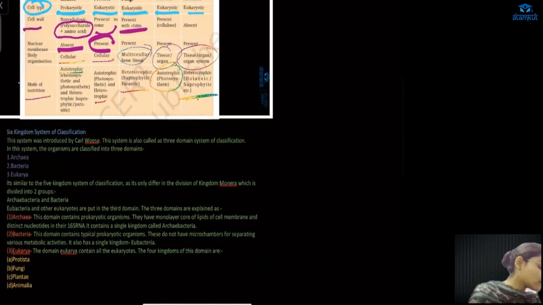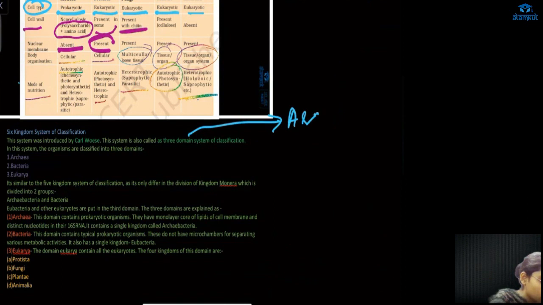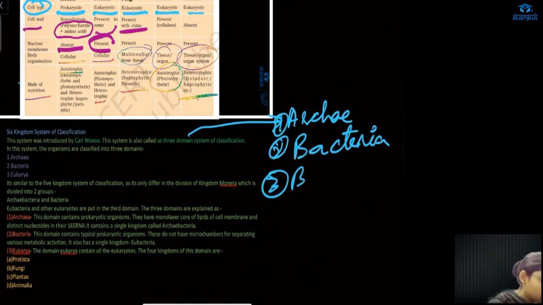Now there is one more classification system, which is usually converted into domains, 3 domains, and under these 3 domains we study all our 5 kingdom system of classification only. Okay, so what is the 6 kingdom system? It was introduced by Carl Woese, and it is also known as the 3 domain system of classification, because everything has been divided into 3 domains. One is archaea, the second is bacteria, and the third one is